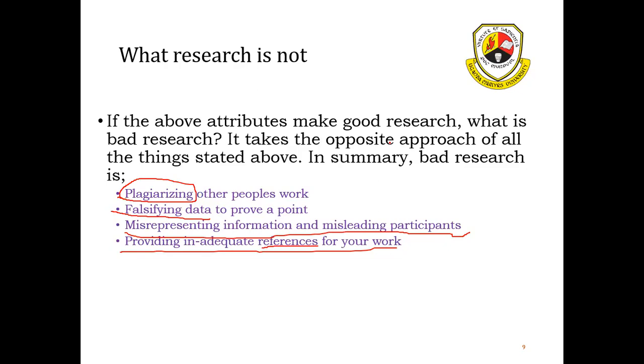Let us say your research is on artificial intelligence and you are quoting something from 1992. How much research has been done on artificial intelligence between 1992 and now? You need to have up-to-date referencing.